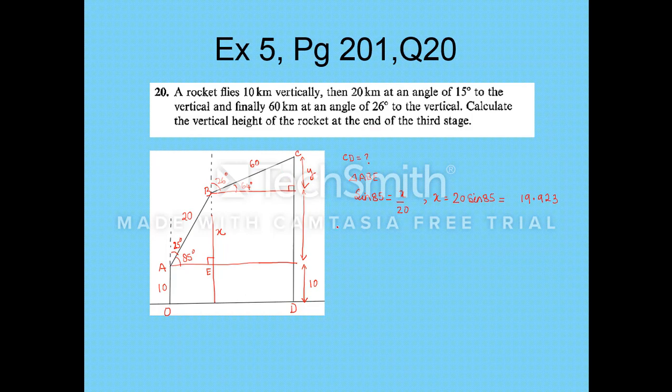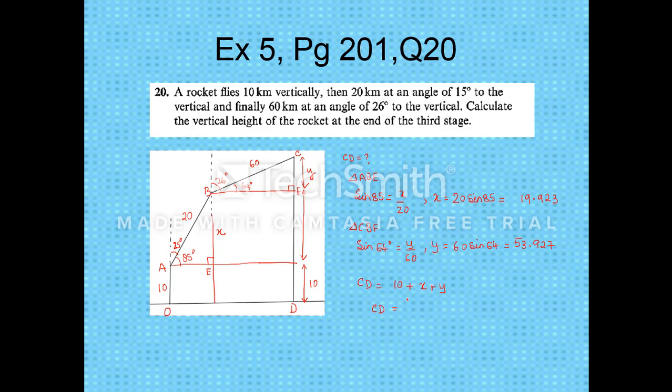So over here, in order to find out this, if I label this as point F, I'm looking at triangle CBF. And here, again, sine 64 degrees will equal y over 60. So y is equal to 60 sine 64. Which by calculator comes out to be equal to 53.927. So the final length of CD will actually be equal to 10 plus x plus y,